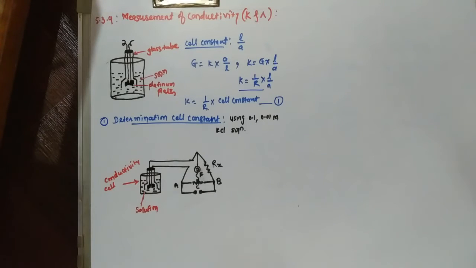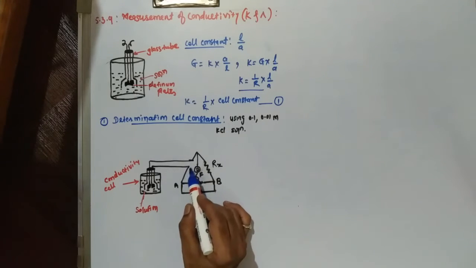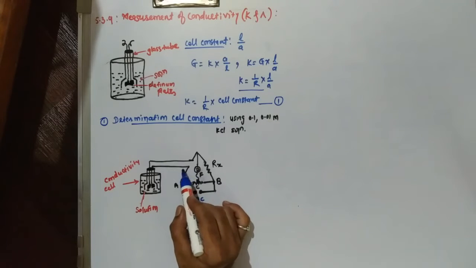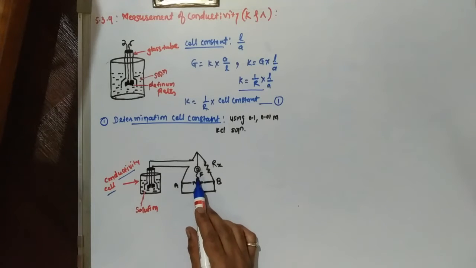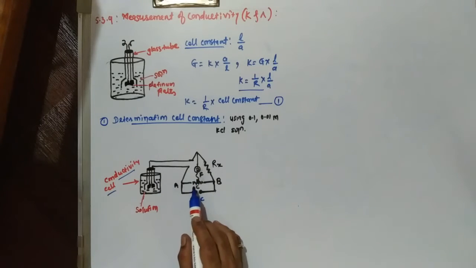D is the current detector and F is the sliding contact. What is F? F is the sliding contact, which moves along the wire AB. And this is the alternating current source, which is connected at points A and B. Now the left side arm of this diagram is connected to the conductivity cell. Now the sliding contact F is moved along the wire AB until no current flows through the